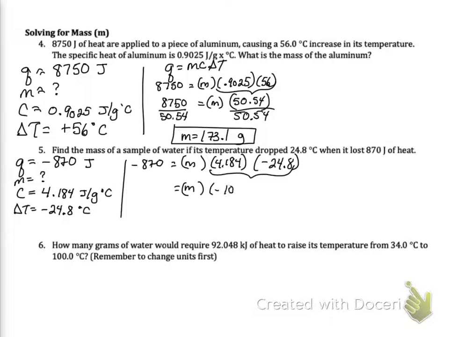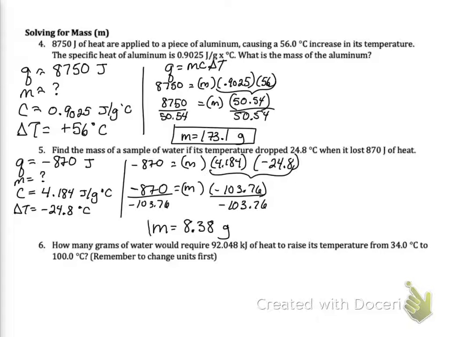Negative 103.76. That equals negative 870. So to get mass alone, I divide. And I find out that I have a mass of 8.38